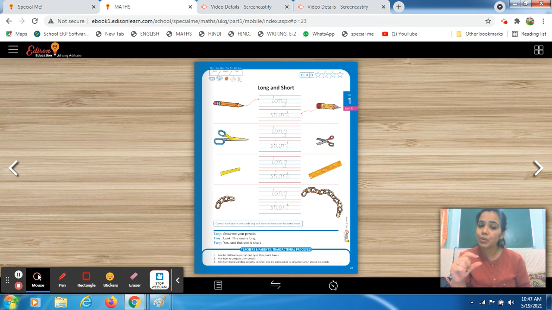Okay, so students, there are two terms: tall, short, long, short. Tall आप वहां use करते हो when you have to measure the height, जब आपको किसी चीज की height measure करनी है, and you can say when an object is in standing position and you have to measure the height, then you use the tall word. And when the object is in lying position, lying on the floor, lying on a surface, lying on a table, और आप length measure कर रहे हो, then you will use the term long for it.